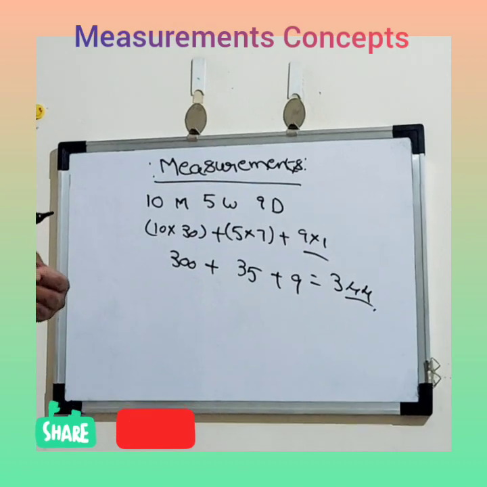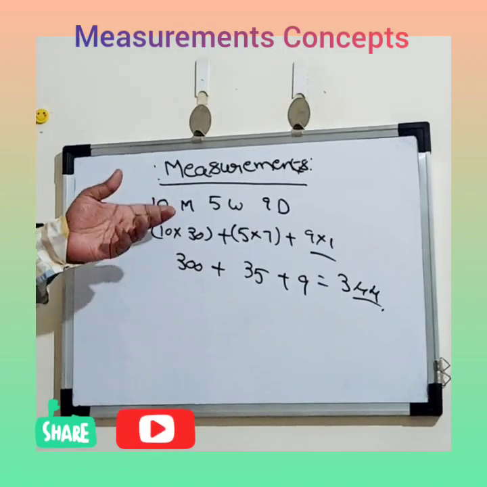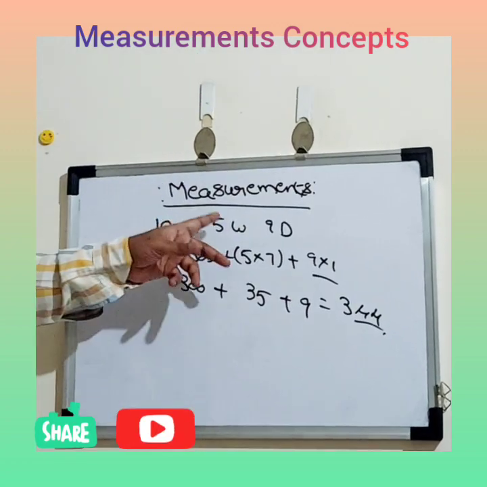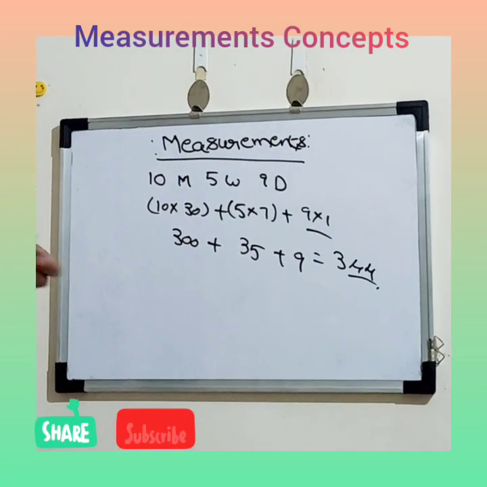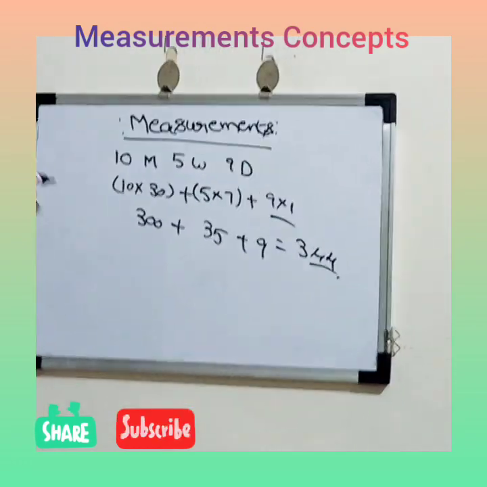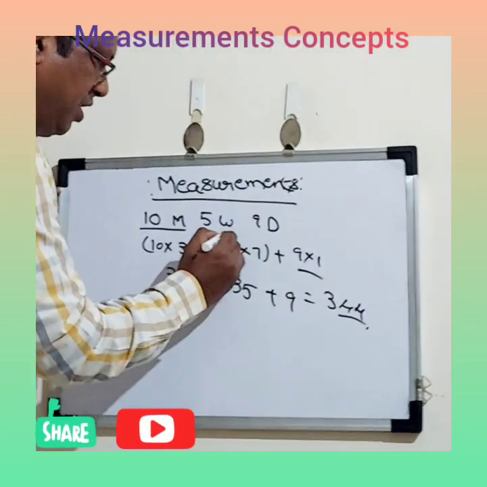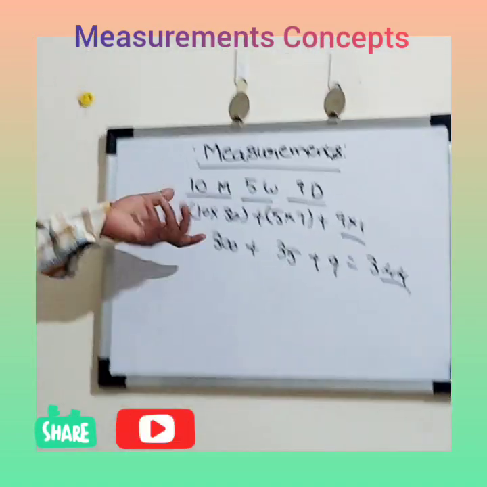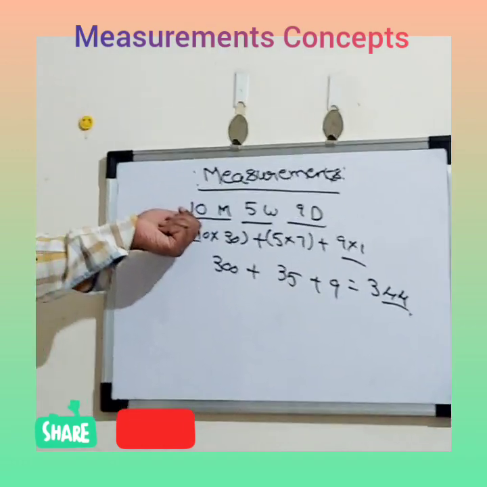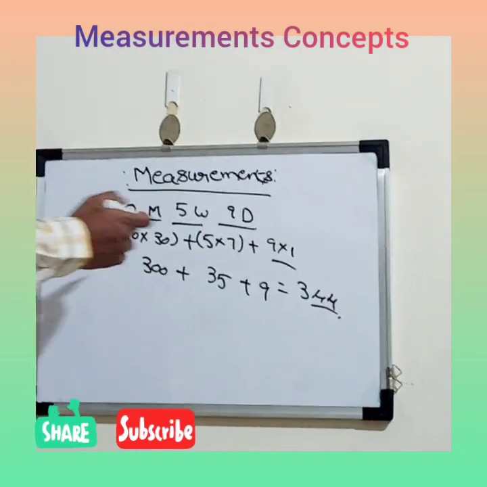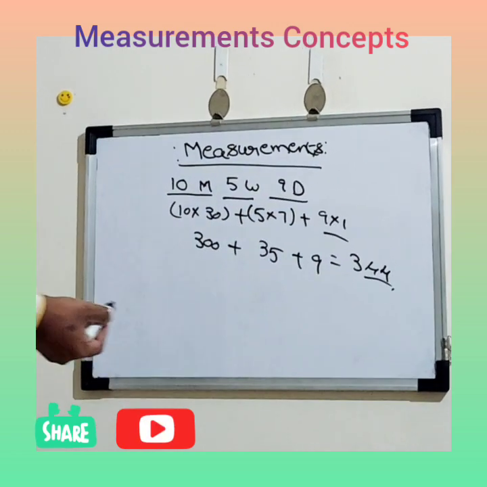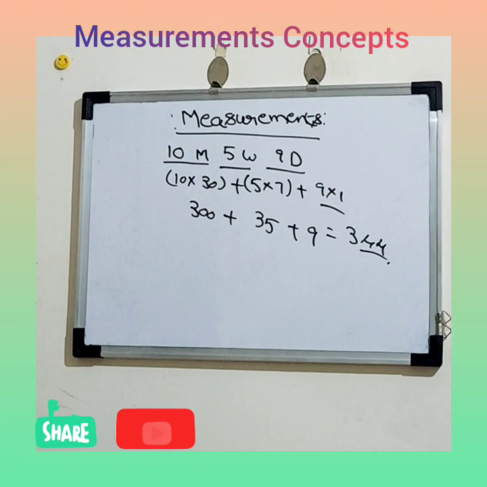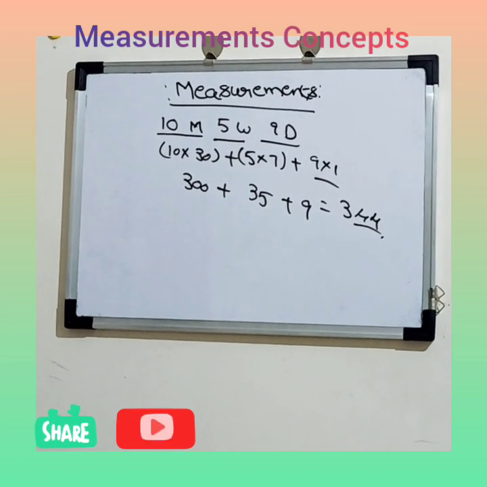The basic things which you need to know to solve this problem are: 1 month is equal to 30 days, 1 week is equal to 7 days. See here, the question given to us is a combination of months, weeks and days. So these types of problems will come. The only thing is that you have to quickly multiply the given value with the month value, the week value with 7, and the days value stays as it is. So the answer is 344. The only thing is you have to apply logic efficiently over here.